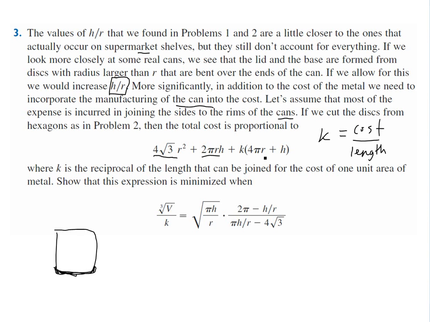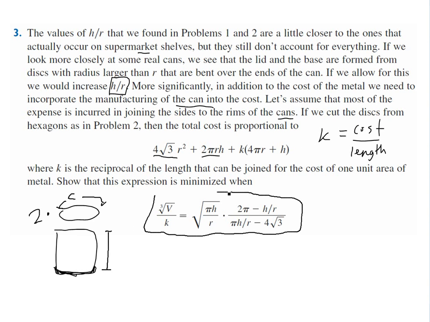of joining the sides to the caps, and in this case 4 pi r is basically 2 times the circumference. So this can be 2 times the circumference around the cap. That's the length we're considering, plus the height h, because you still have to join the cylinder when you wrap it. You still have to join it around. So we have this cost proportional to this, and now we have to show that this is minimized